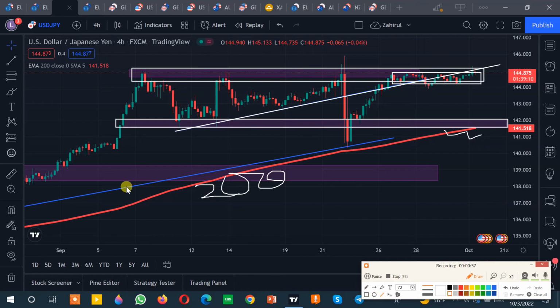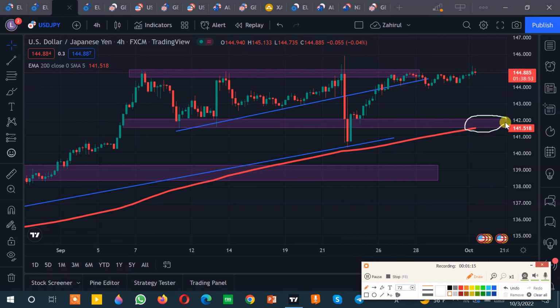If we extend this trend line by this point, it will be a good confluence for next period. So we can say that this is the good confluence for buying, because in this chart it will identify